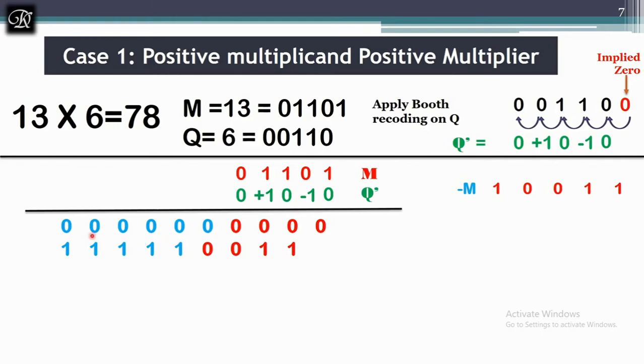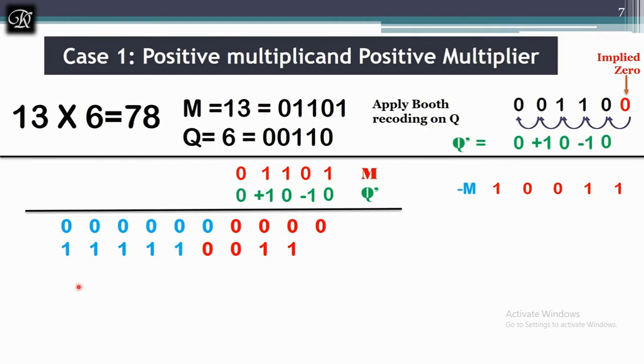This sign bit is extended in the remaining bits, which is called sign bit extension, and I am not shifting here. My answer should be of 10 bits, so I will end with only 10 bits. I need not go with one extra bit over here, because the count from this bit to this bit is 10 bits. Next, I am having 0. So again I will multiply with 0 as in your normal technique. I will shift, but I will end with a maximum of 10 bits over here.